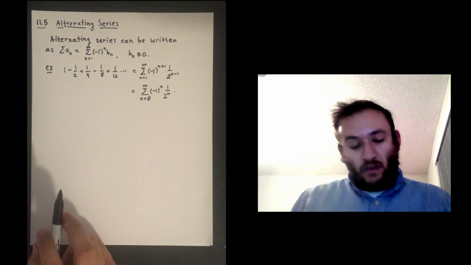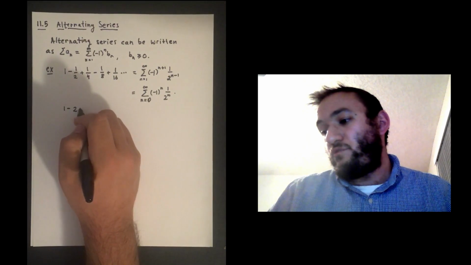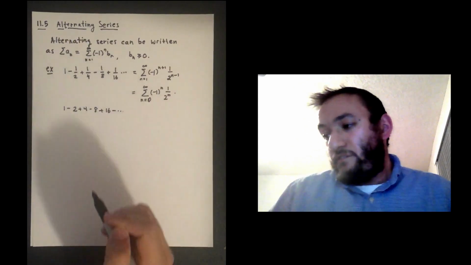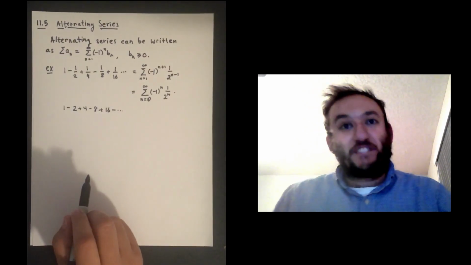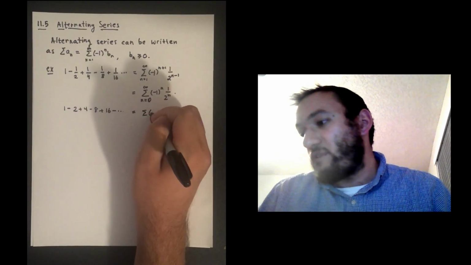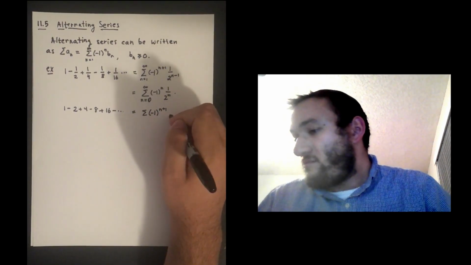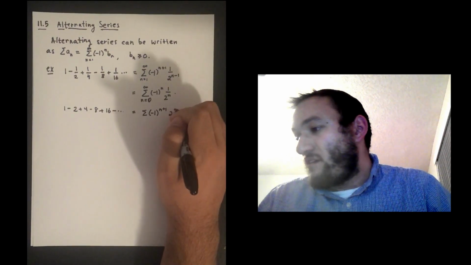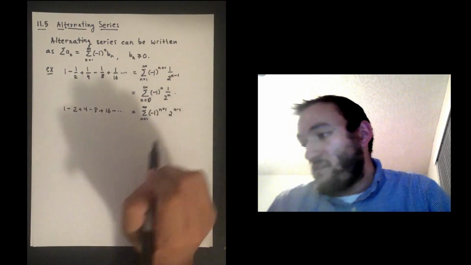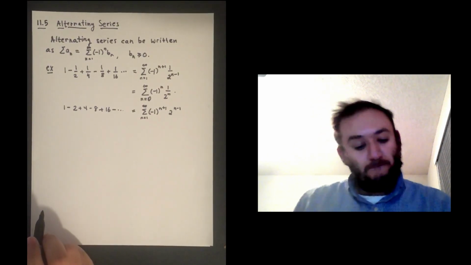Okay? Another example would be 1 minus 2 plus 4 minus 8 plus 16. You probably have a sense that this is going to be a divergent series, and you're very much correct in that. But it is still an alternating series, because we can write it as (-1)^(n+1) times 2^(n-1). Same idea, except this time it's powers of 2 rather than powers of a half. Okay, those are two examples of